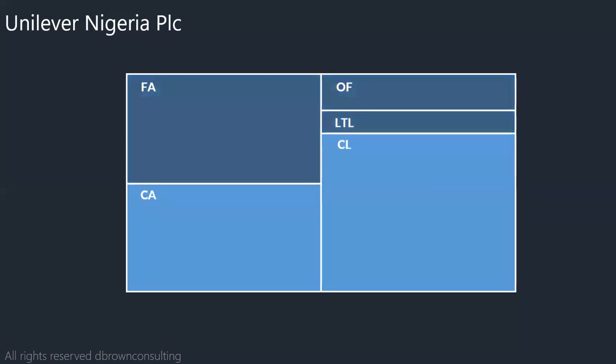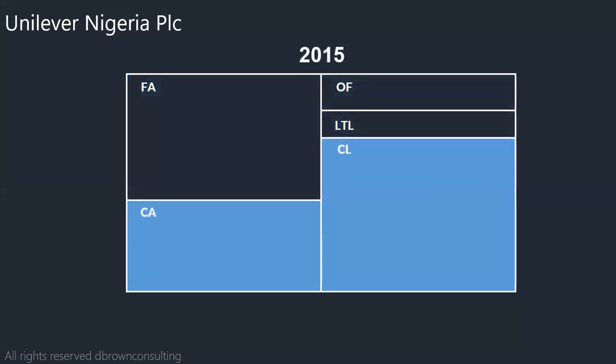The next question is, what happened between 2015? This is their current assets. You can see that Unilever is making use of free money comfortably. In fact, part of their current liability that's supposed to be funding only current assets is also now funding fixed assets. Is it a good thing? Is it a bad thing?